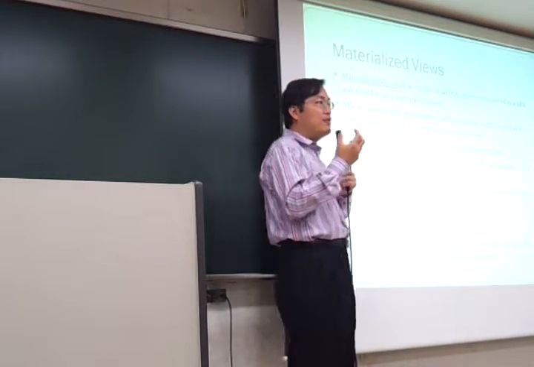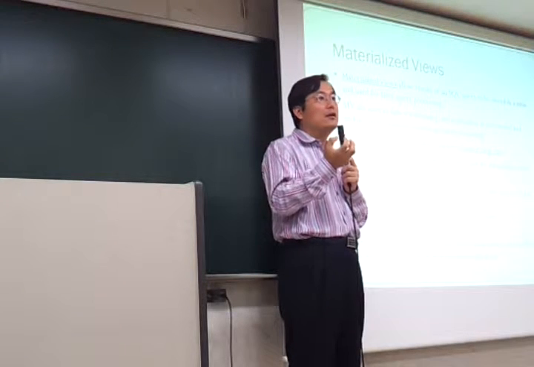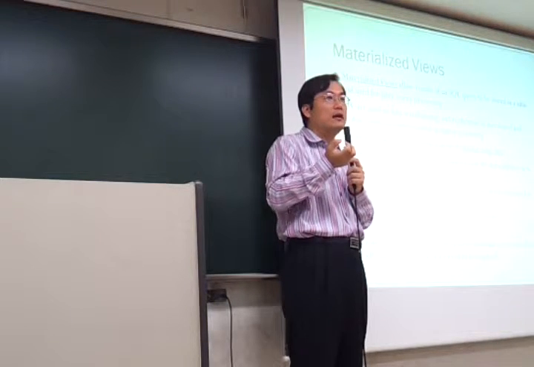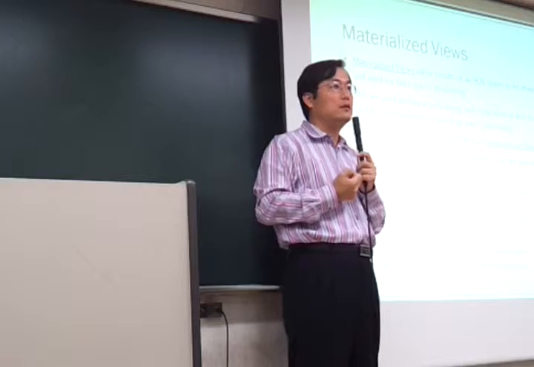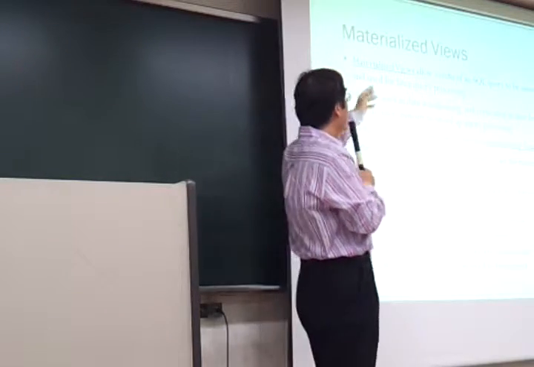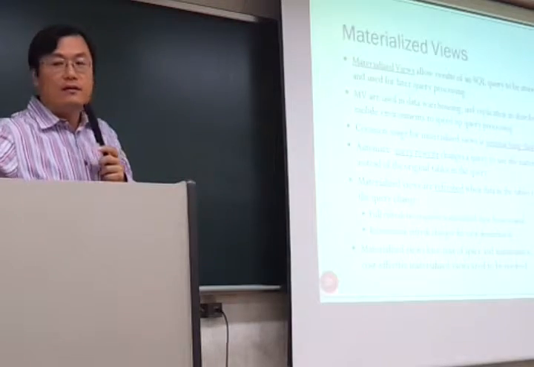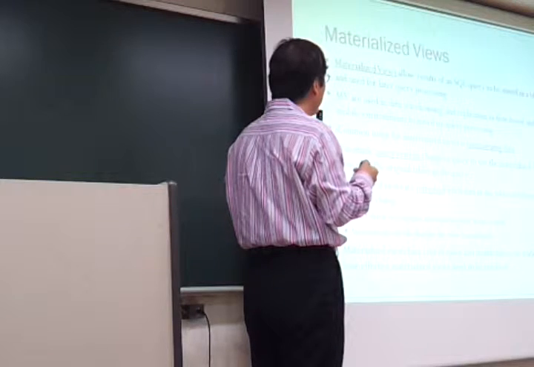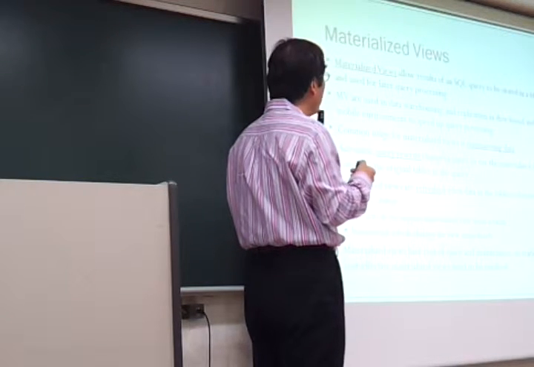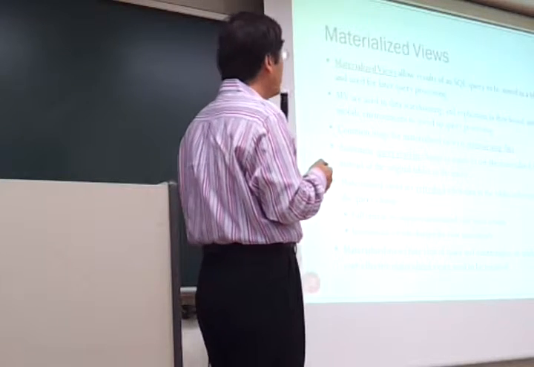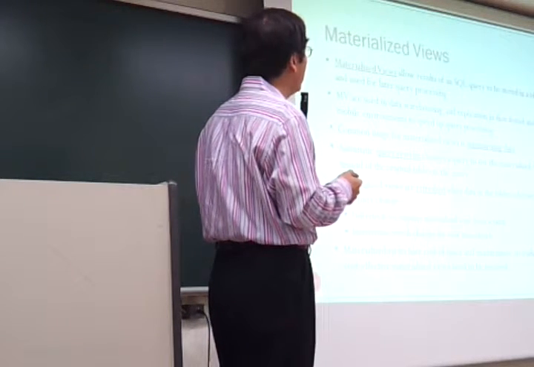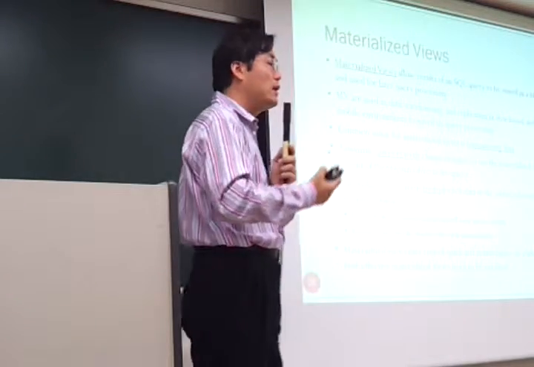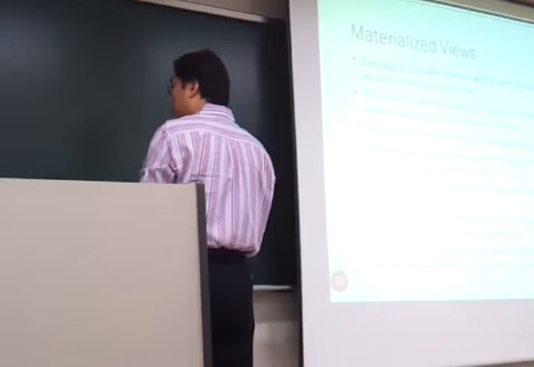By pre-calculating the result, your queries look like they're running faster. You have the result already, and the system just returns the result. That is what we call materialized views. The result is in a view form. It's a query, but it's materialized. It is already calculated. The results of an SQL query are stored in a table and used for later query processing. So you calculate the result, put it into a table, and then